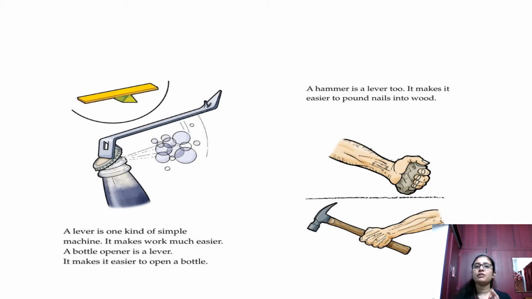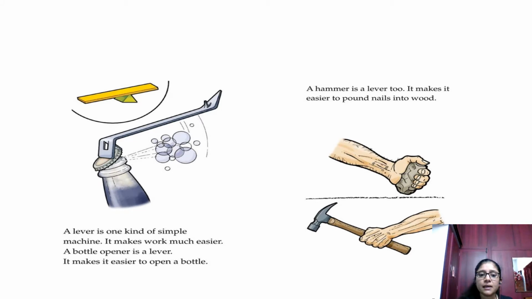A hammer is a lever too. The hammer, with which you put nails into the walls. The hammer is a lever, because when you take out the nails, or when you pound them into the wall, that is the application of energy. The force is when you push or pull, when you apply your energy. When you have to pound the nails into the walls, you have to apply your force. You are holding the hammer's handle, but you are not hitting with the handle, you are hitting with the head of the hammer. So the energy is going directly into the head of the hammer.